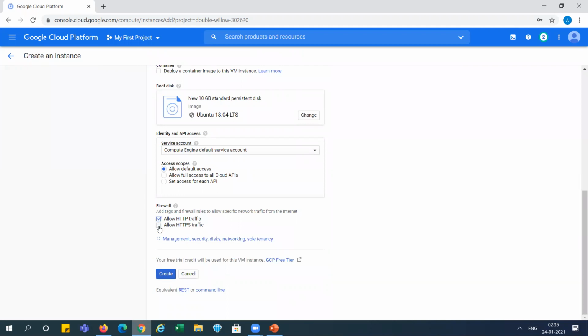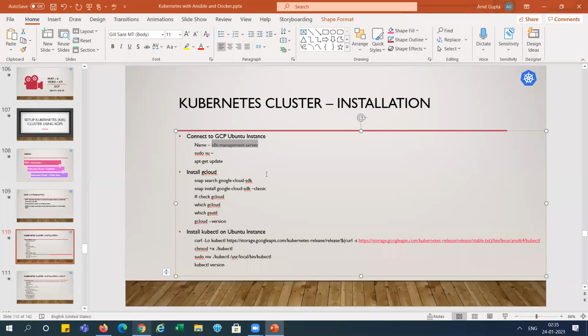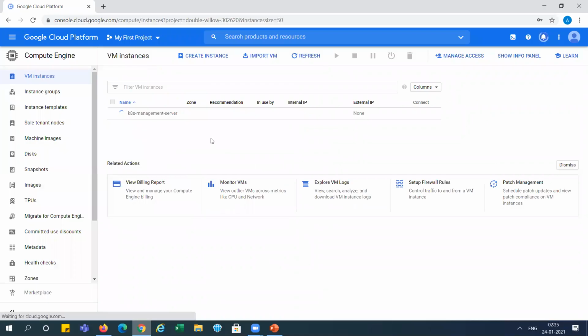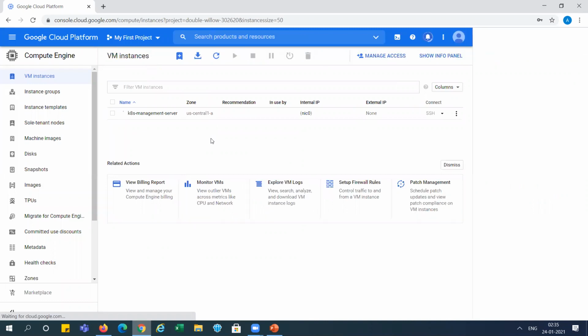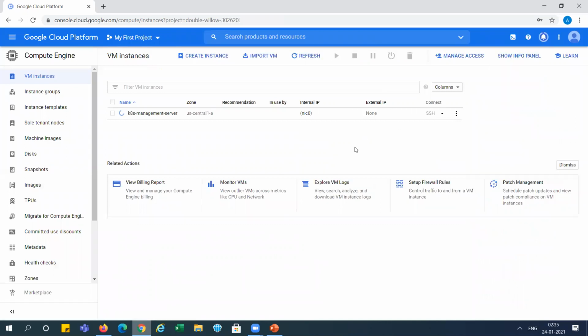I'm allowing the traffic over here, and I will just go and create the system. Now it is creating the VM. Just wait for a few seconds.